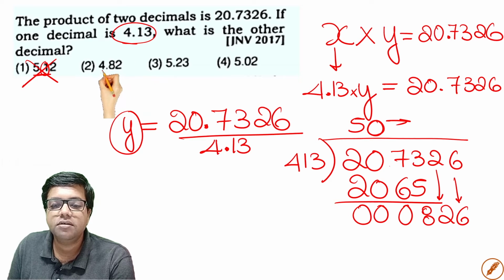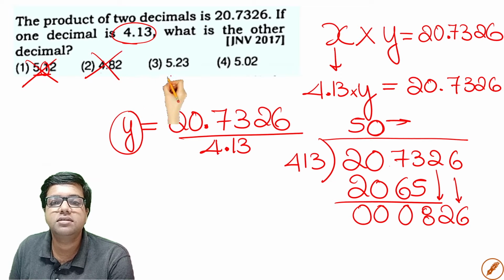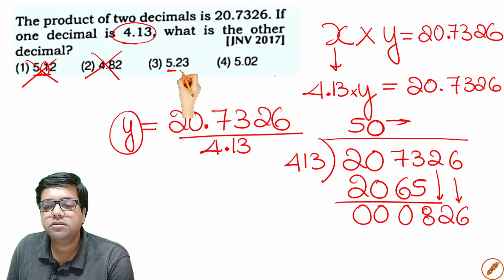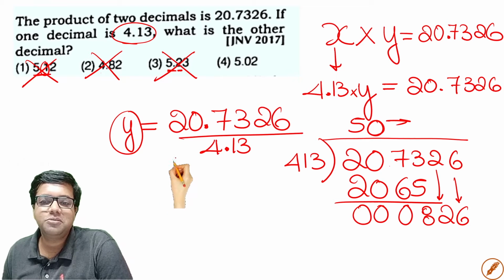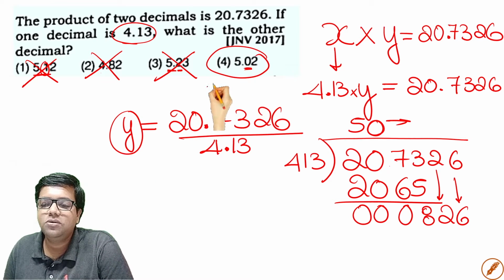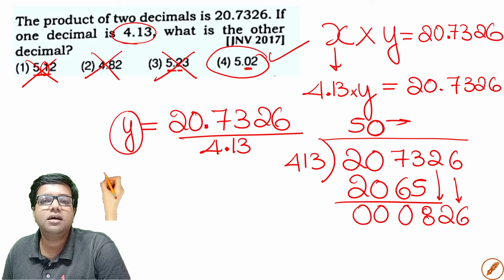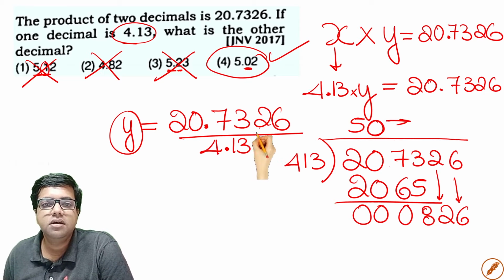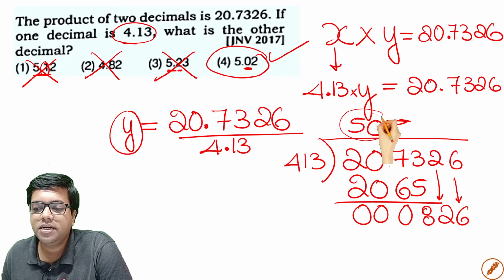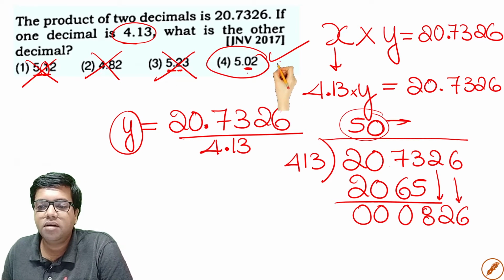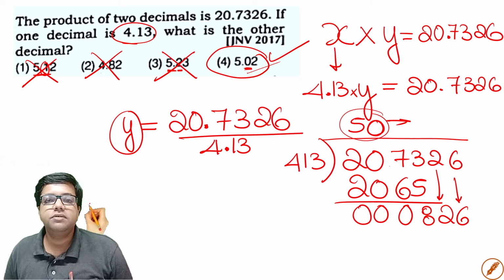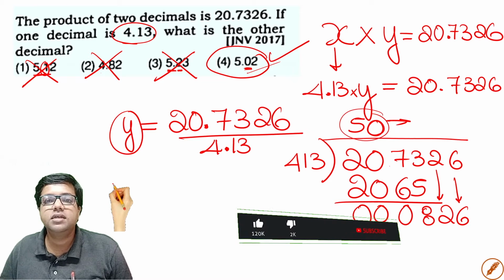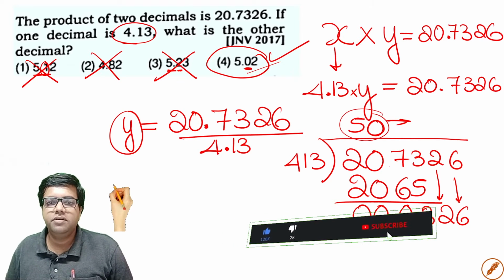Do we have 5 on the first place itself? We don't have a 5 in our answer. So we eliminate it. Do we have a 5? Yes. Do we have a 0? No. So we eliminated 3 options among the 4 options. The only option which has a 0 coming next to the 5 is the 4th option. So you mark it as the correct answer even without solving the question. Even before solving the question, with this small hint itself, you can eliminate them and mark the right answer. This way, you can save your time in the examination so that you can move on to the next question immediately and fetch good marks.